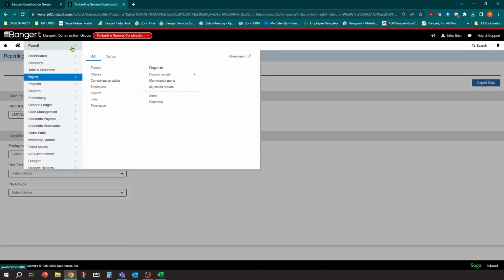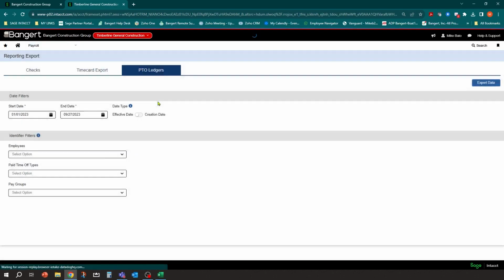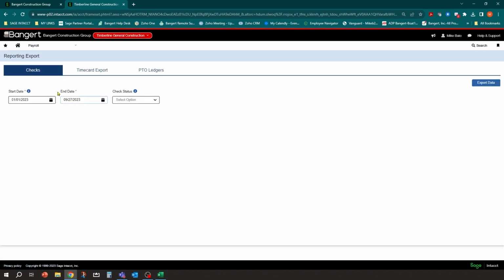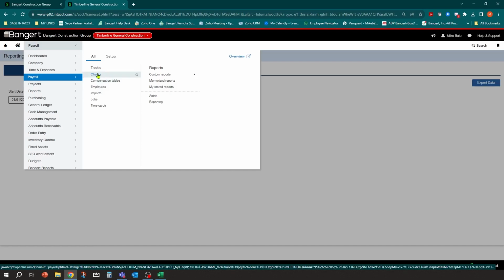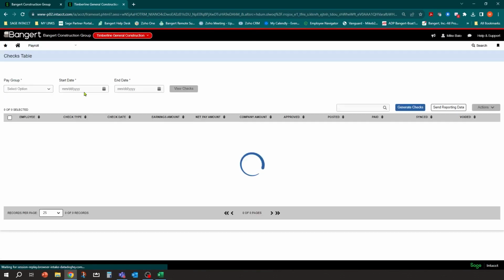So some of the things that you want to consider at month end is, I think the most obvious, and you can see it when I went into reporting, it said, all right, you want to run these checks, what type of check status? And there is a pending here. So one of the things you do want to make sure of is that you've posted through your payroll before you run any reports. And don't forget, there's also the other step in here called send reporting data.